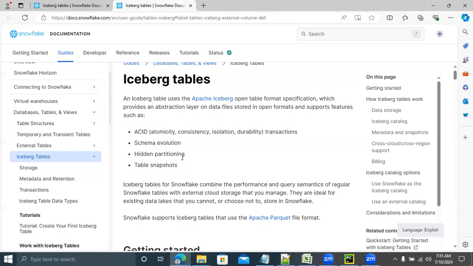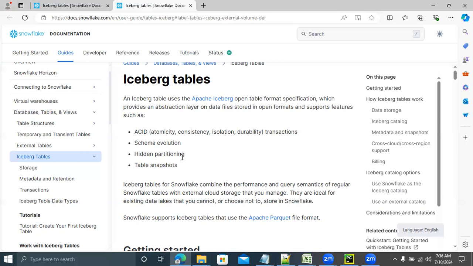In Iceberg tables, if you try to query some data, it will go and scan only the corresponding partition. The remaining partitions will be pruned. Because of that, it gives good query performance, good read performance, and improves performance in Iceberg tables because it contains partition pruning.